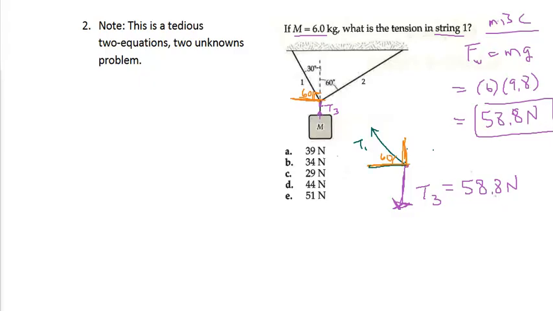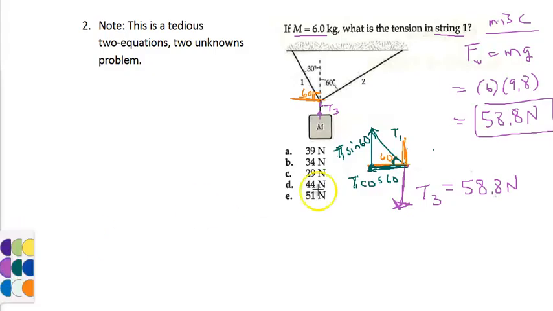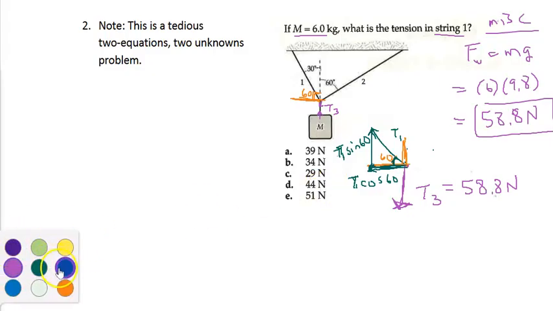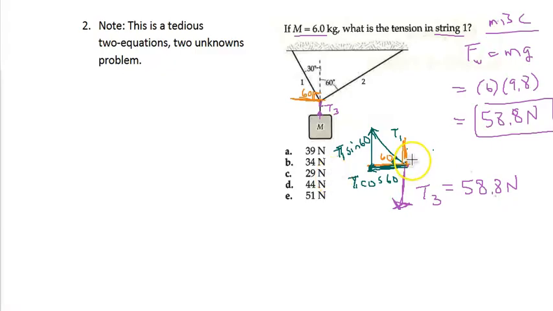Okay, so this is T1 cosine 60 because now this 60 degrees is making contact with this leg. So this is T1 cos 60. All right, so it's pulling to the left with T1 cos 60 and it's pulling up with T1 sine 60. Okay. And then T2